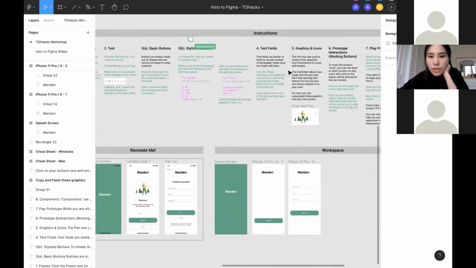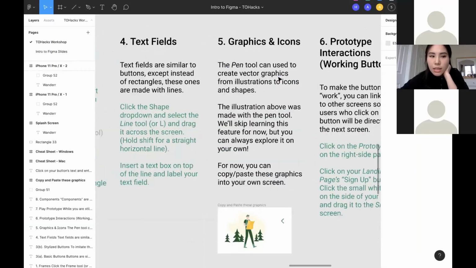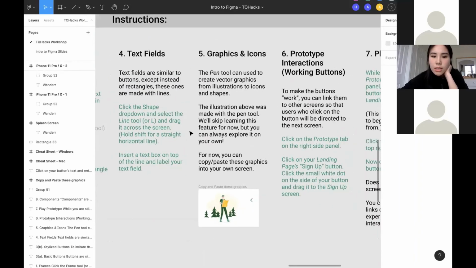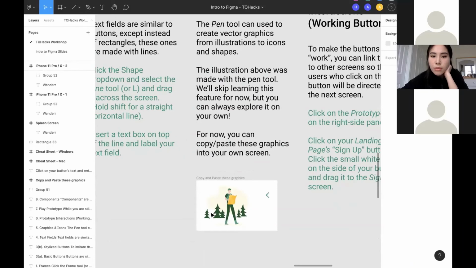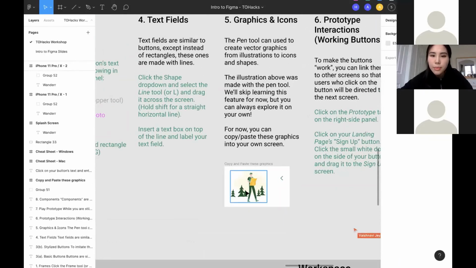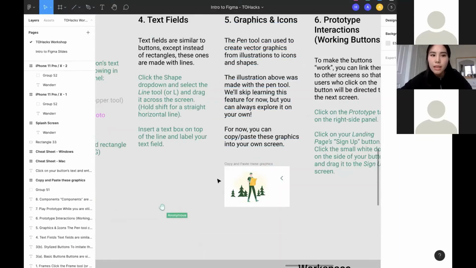Okay, now that we've learned how to make text fields, let me introduce a little bit about graphics and icons. So again, the pen tool over here can be used to create vector graphics from illustrations to icons and shapes. So the illustration here I actually made using the pen tool. For this workshop, I'm going to skip teaching this just because the pen tool is pretty complicated and it's something that you can learn by watching YouTube videos. But basically,